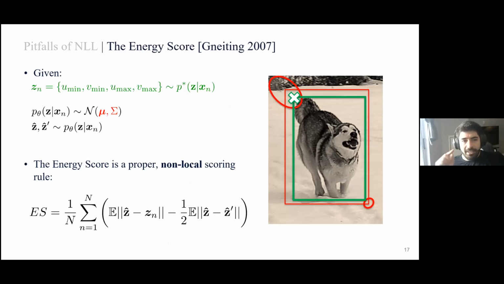The only problem I see, so the energy score is not defined in terms of any distribution, okay? The energy score is defined in terms of samples. So as long as you can have a differentiable sampling, such as the PyTorch distribution API, to sample from your probability distribution, you can evaluate the energy score. What's the problem? The problem is that these expectations have a solution for non-Gaussians, but it's very computationally expensive to compute. For multivariate Gaussians, you have simple and very fast Monte Carlo approximations that you can use for these expectations. And this is in the paper if you're interested.